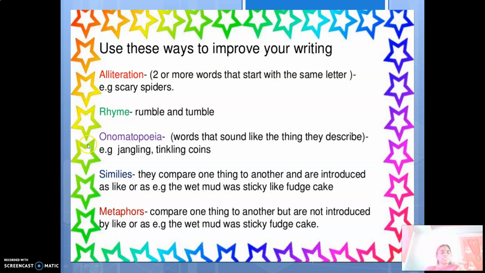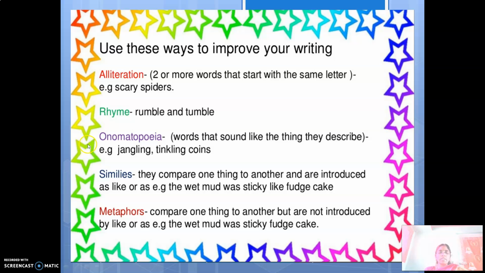Okay, similes. Similes you could have read in 4th, 5th standard also. They compare one thing to another and are introduced by like or as. So like and as are the two words which are used to represent similes. Example, the wet mud was sticky like fudgy cake. So sticky, fudge cake, both are related. They are two different things, but they are connected to a common thing called stickiness, right? Metaphors